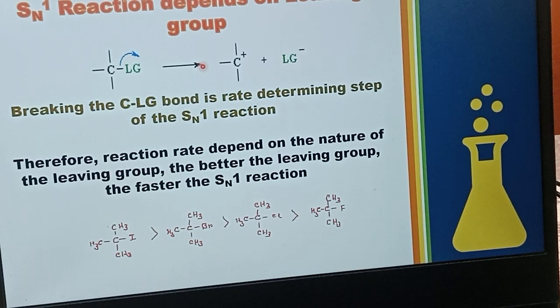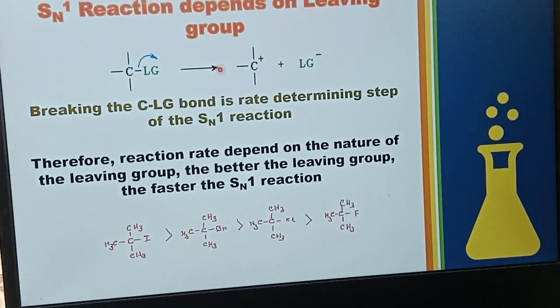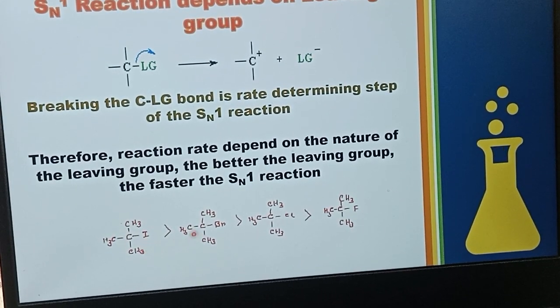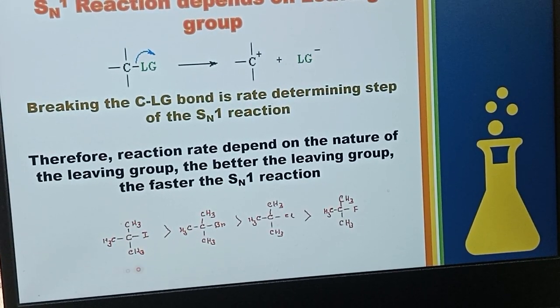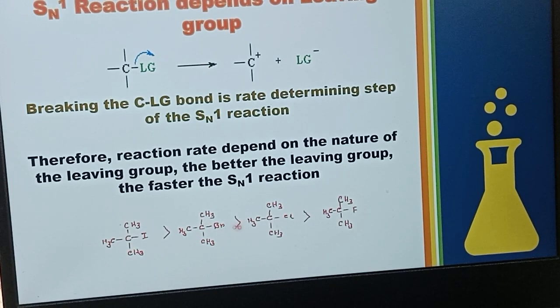So then if the leaving group is a better leaving group like iodine, then this RD step will be faster. No. Don't think the RD step is faster. This is the RD step for iodo. This is the RD step for Br. But definitely if I compare tertiary butyl iodide and tertiary butyl bromide, this reaction will always be faster than this one. But the RD step is the same for all the reactions. This is the activation energy for carbon iodine. This is the activation energy for carbon bromine.